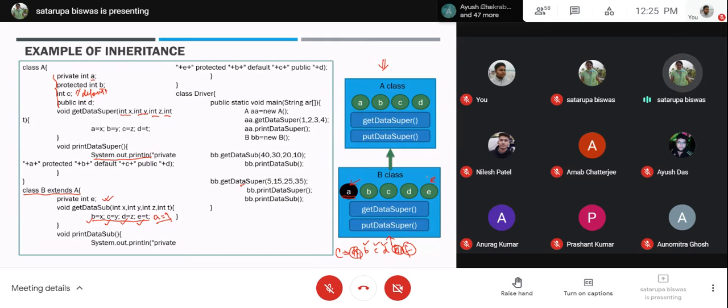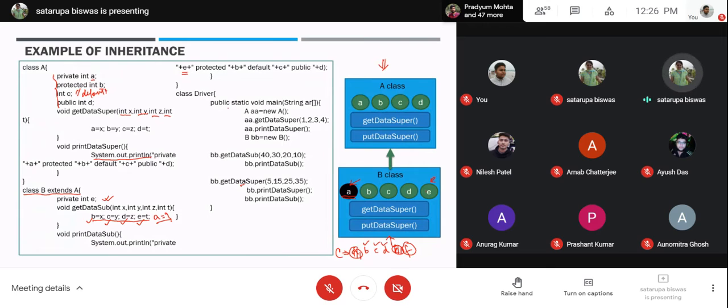Apart from that, protected can also be used from within the package. So when the package concept is illustrated, we will come to that. So obviously there will be a difference between protected and default. There are differences and we will get to know them. So the get data is taking 4 values. The first 3 are for B, C, and D. Those are accessible data from the superclass, and the last one is for itself. After that, it is printing the value. When it is trying to print, see, the private value, it is going to print its own private value, and the protected, default, and public are taken from the superclass.